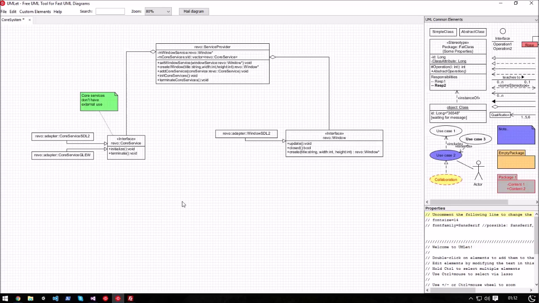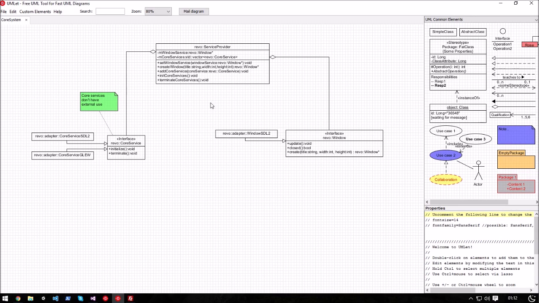First, I want to explain some organizational packages of the RevoEngine, and here is a simple class diagram that I will use as documentation of the engine, and the whole thing